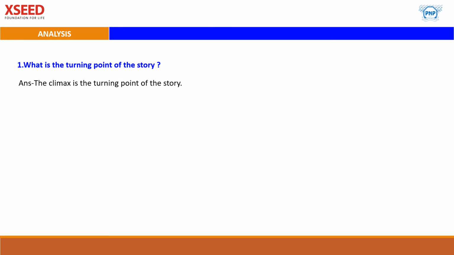The simple answer is the climax is the turning point of the story. And in this story the climax was that the soldiers decided to make stone soup. Because of that the story changed. All the villagers started helping by giving barley and various other food grain. Some of them had brought meat also. So the climax is the real turning point of the story.